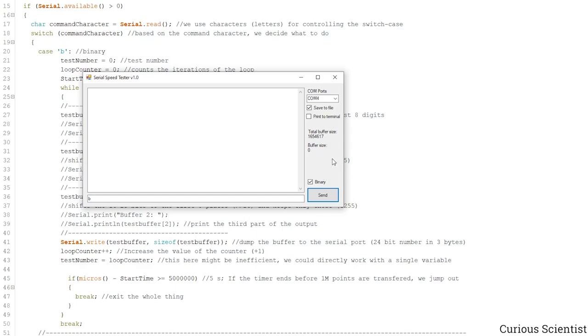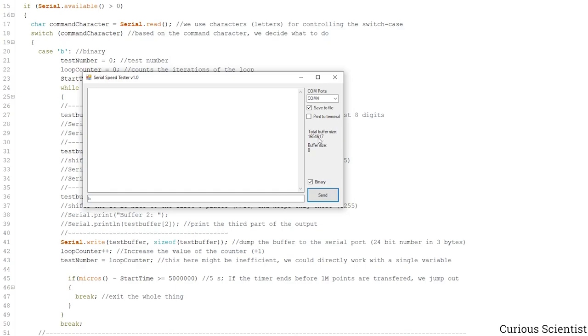And it's done. So the total buffer size was 1.6 million something, and now the buffer size here is empty because we shifted out everything from our temporary buffers. And this was just a rolling counter, so it just adds up the total amount of numbers which passed through the serial port. But of course this is just